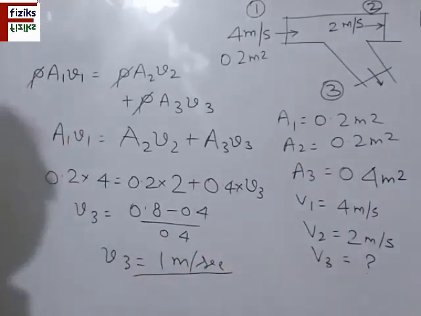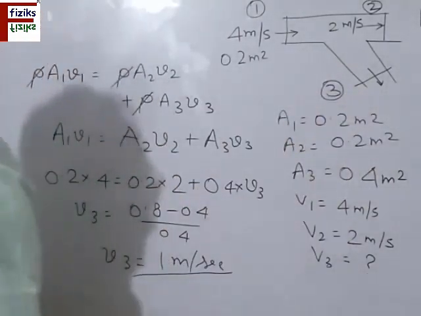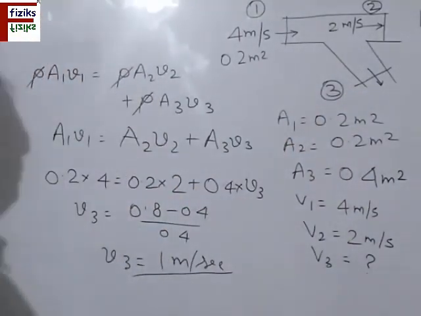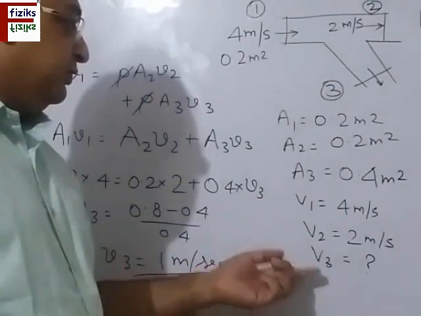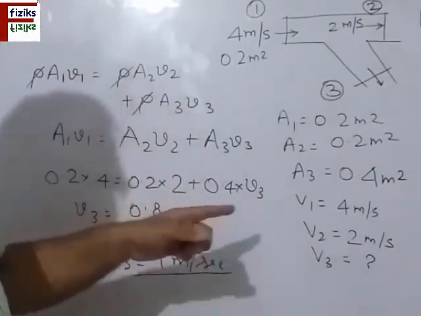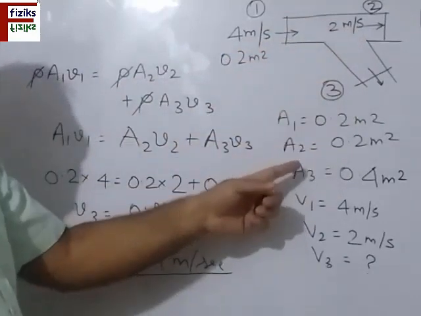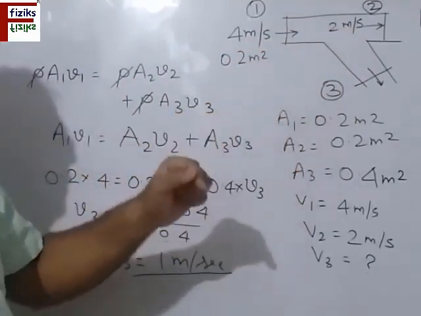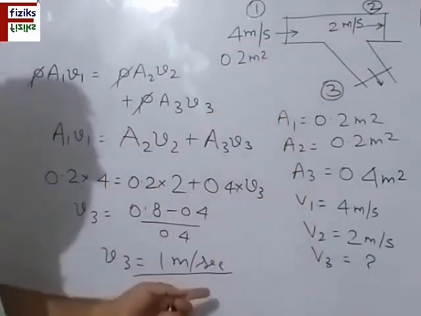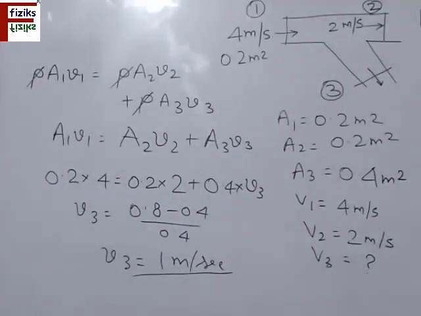Answer. So you can see that here the area of cross section changes, and as a result of this the velocity is also changing. So area of cross section is increasing. At these two sections it is 0.2 meter square. So here it is more, so the velocity is decreasing. This is the answer to this question.